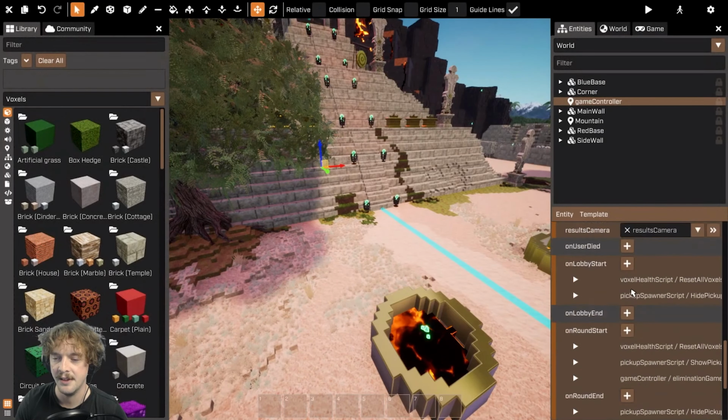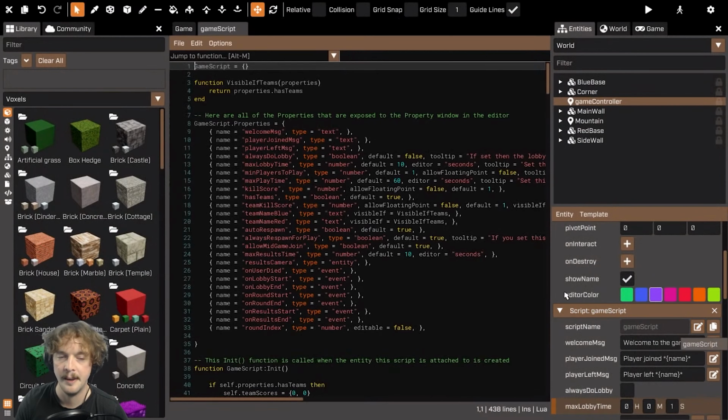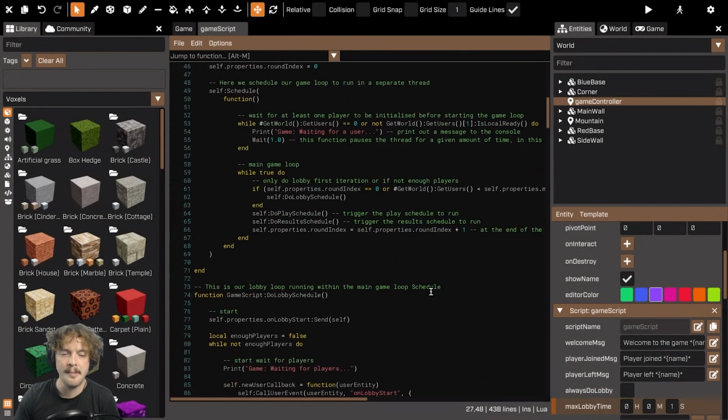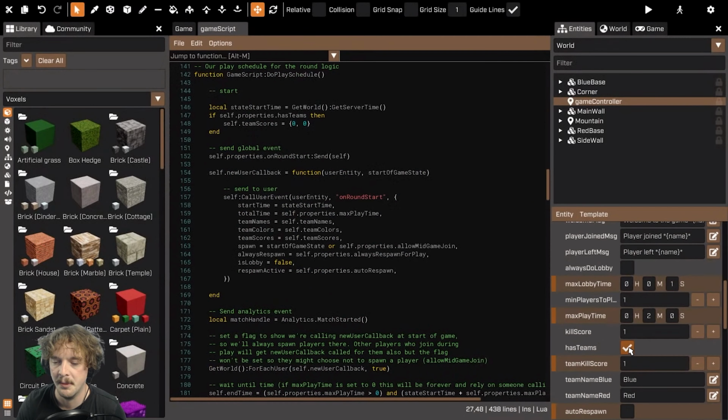And I'm going to head over to the game script itself. So this is in the same entity, the game controller. In the entity editor, we can see this game script, and I can click edit this asset to start editing this script. This is a little bit different from the elimination game script. The game script itself is a lot more abstract. It's used in lots of different games. And what we're going to do is, at the moment, the game script, when it detects that we're using teams, so you've got this has teams checkbox checked,